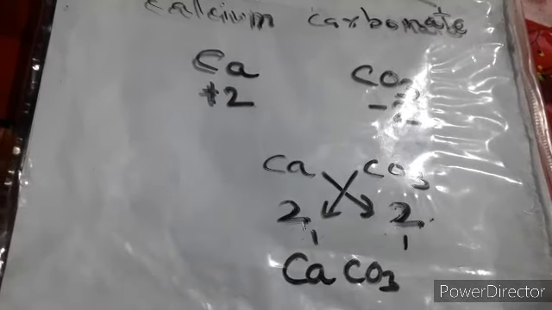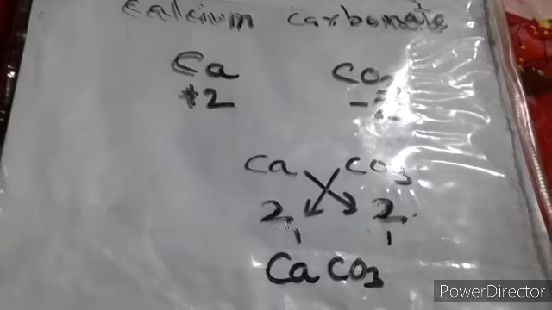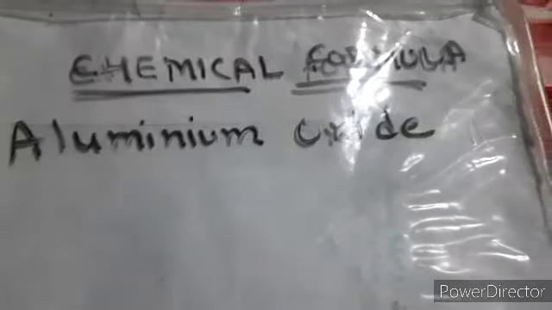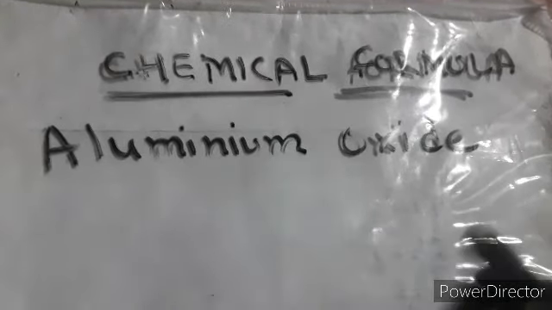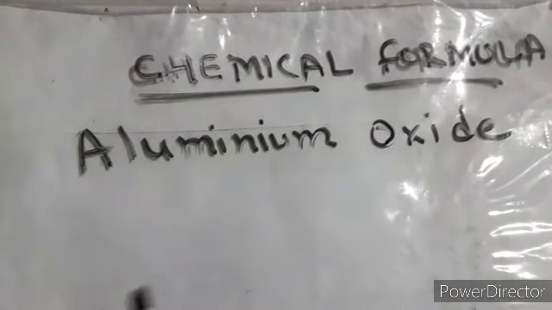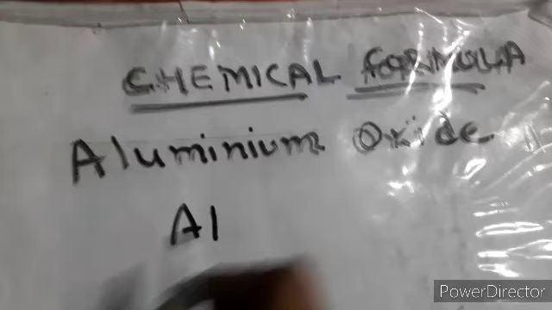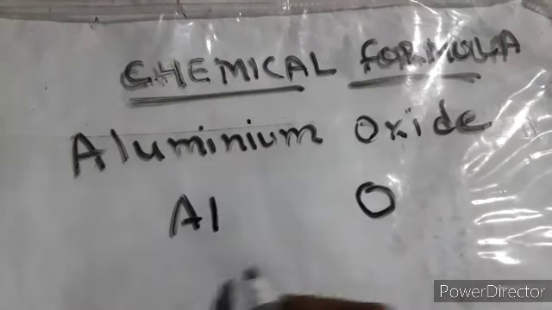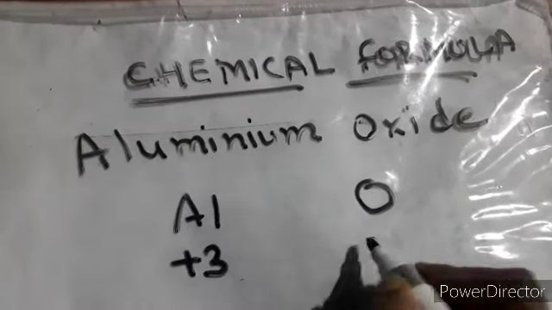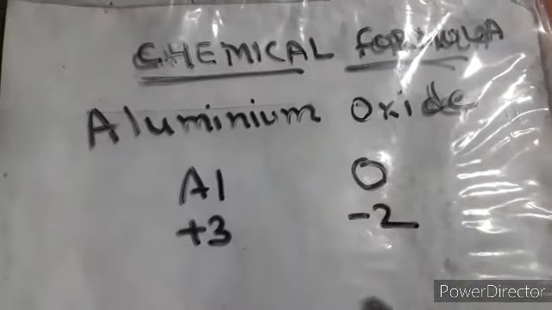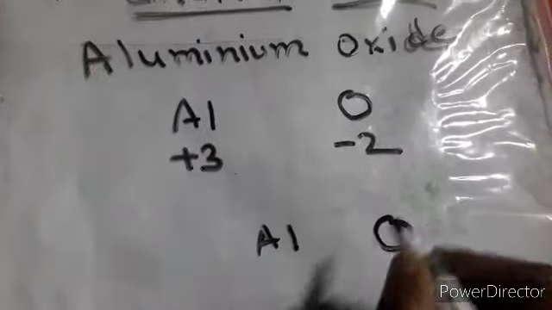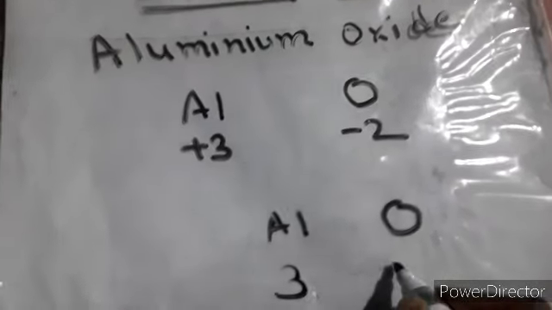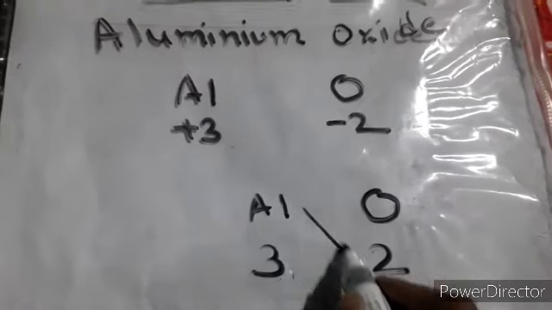This is another example when you have the same numbers, what you can do. Now I'm taking another example, aluminium oxide, and let's focus on it. Once again let's start with its symbol, Al. Over here is oxygen, its valency is +3, it's -2. We are writing it for our knowledge, and once again we'll write down everything, and we are not putting the charges, right? We are just writing the numbers of valency, and we'll simply cross multiply.